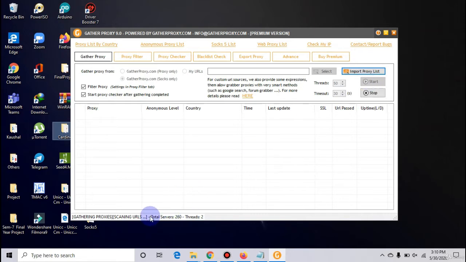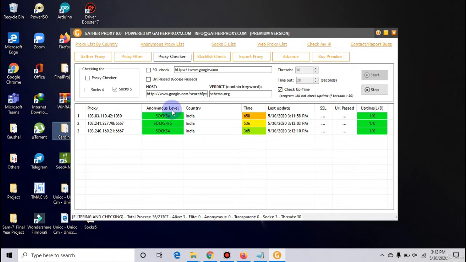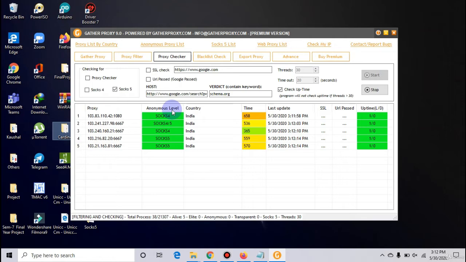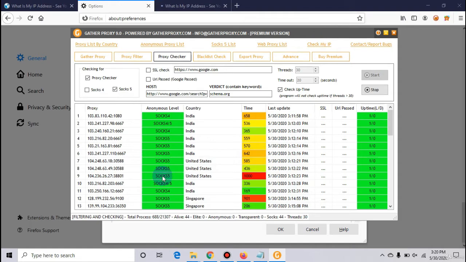As you can see on the downside, it is starting, it will take some time. So now as you can see, the first proxy, second proxy have started coming. So let's wait for a few more minutes. It requires more time to do its work. So as you can see, it is processing proxies. So now I have this many proxies, close to 700. Now I will stop them.